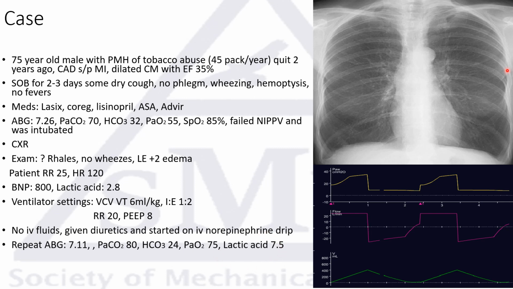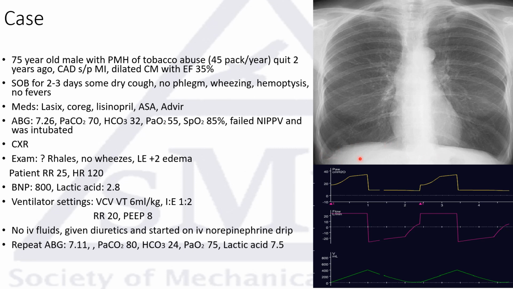So why are we talking about this? It's sometimes very hard to distinguish between obstructive lung disease, for example COPD, and heart failure. And we know that the chest X-rays we usually get in the ER or in the ICU are anteroposterior, not posterior-anterior. So a lot of the time it's not even a good inspiratory effort, everything looks crowded, and everything looks like heart failure. But in this case,